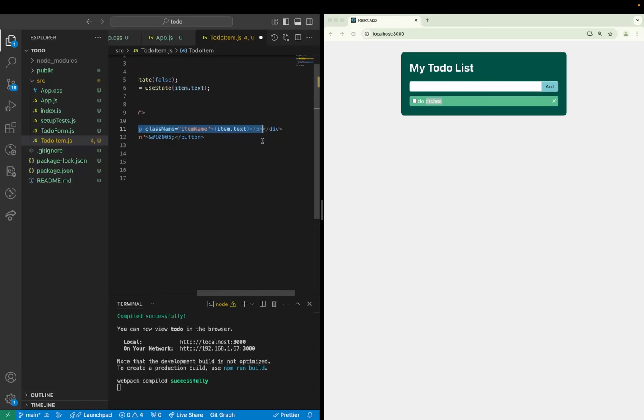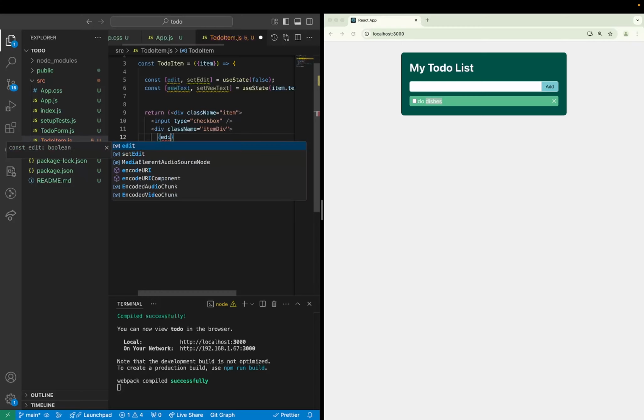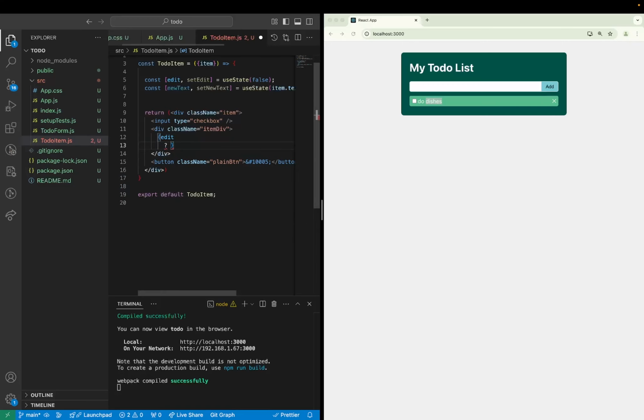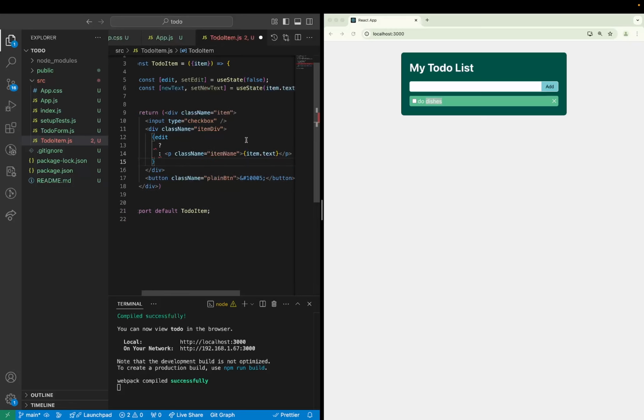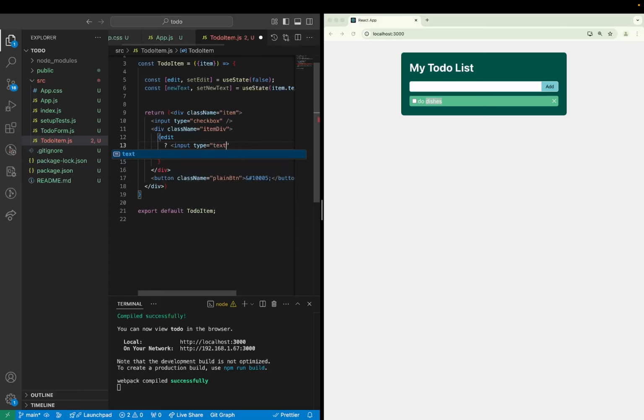Now the next thing we're going to do is, depending on the state we are in, if we are in the edit state, I want to show an input field for us to edit. But if we are not in edit state, we want to keep showing the p text element. So when we're in the edit state, we're going to put in an input of type text,